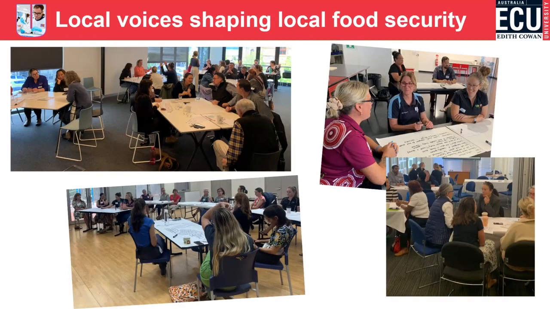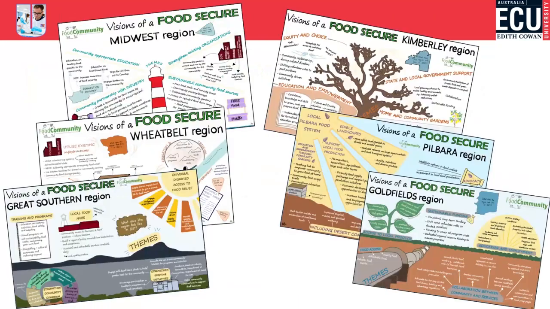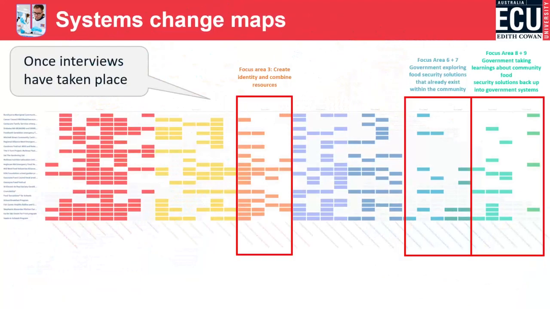This process is very participatory, so we are including lots of different stakeholders from across WA regions in all of our workshops and activities in the regions. And one of the activities included them coming up with their vision for a food secure region, so what they wanted to see happening. Our team has translated that into these graphic illustrations, which we've further shared through our networks and social media to make sure it's as inclusive as possible.